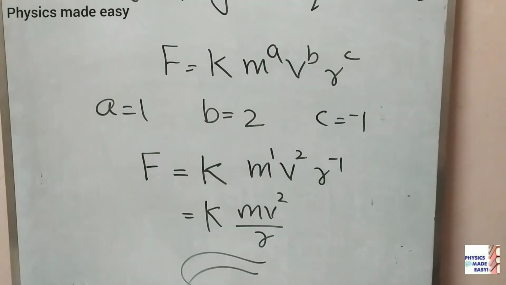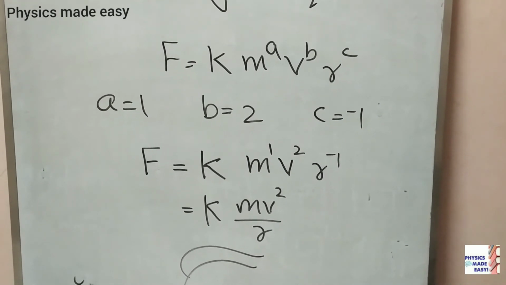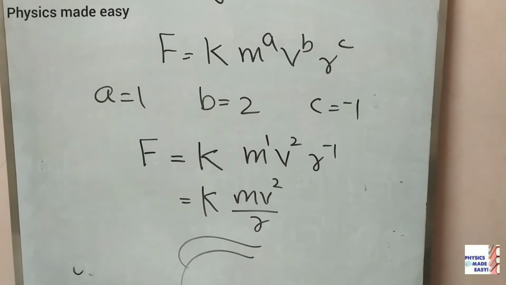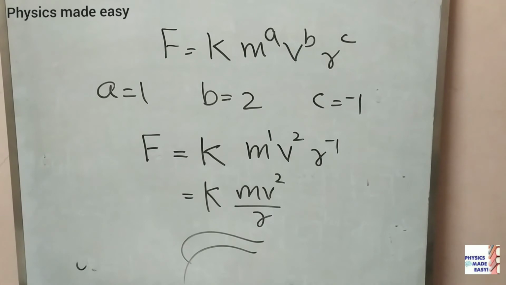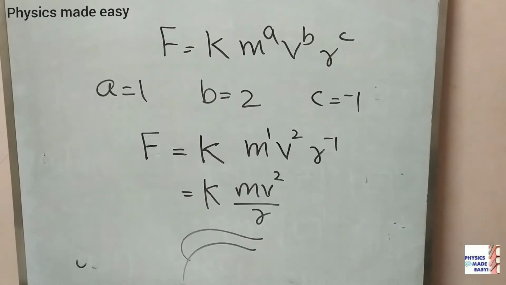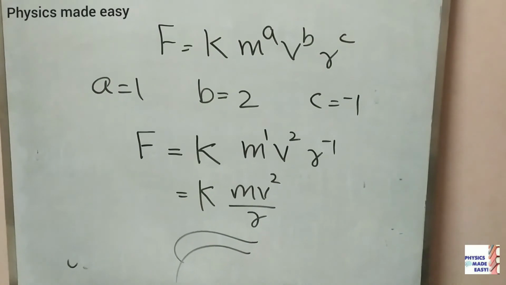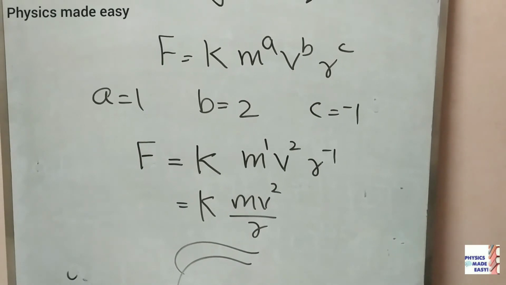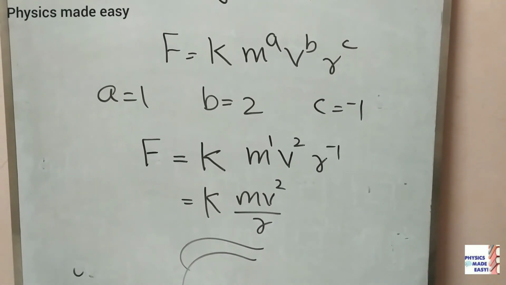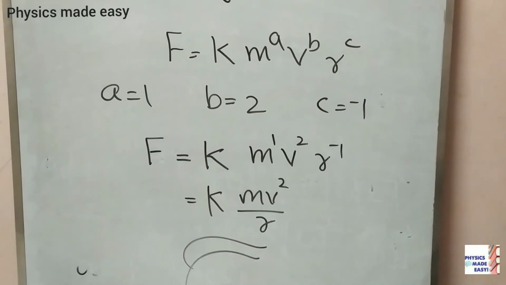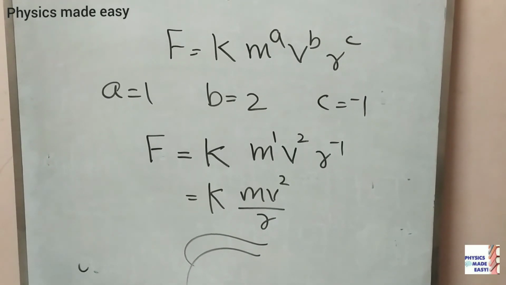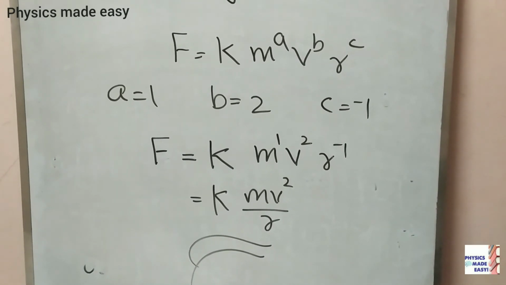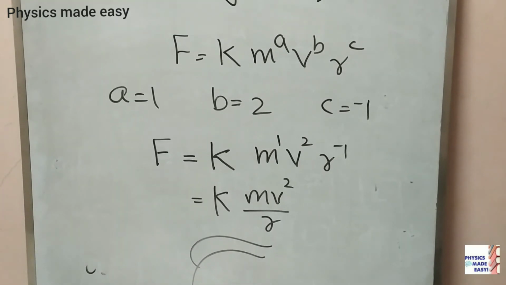In the same way, it fails to explain a quantity that depends on more than 3 physical quantities. Whatever we discussed here, we are using mass, length, time only. So if more than 3 quantities are there, what to do? Nothing is specified there. Then it fails when a physical quantity is the sum or difference of 2 or more quantities. Likewise, for deriving relationships which involve trigonometric, logarithmic, exponential functions, like sin theta, cos theta, that is also not explained in this analysis.